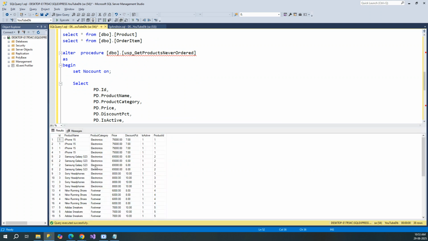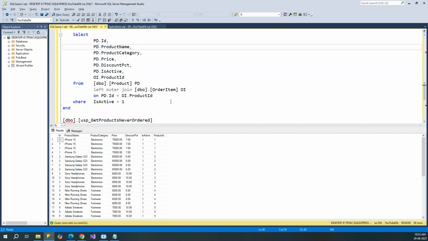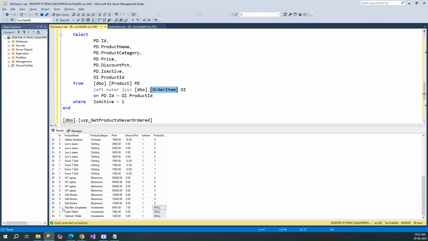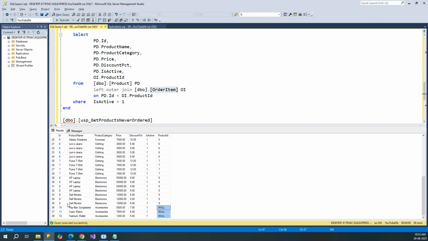So we have a lot of products, and basically these are all the products which were ordered at one time or the other, right? Now if we go to the bottom, we have a few that have product ID as null, so basically they don't exist in the order item table at all,